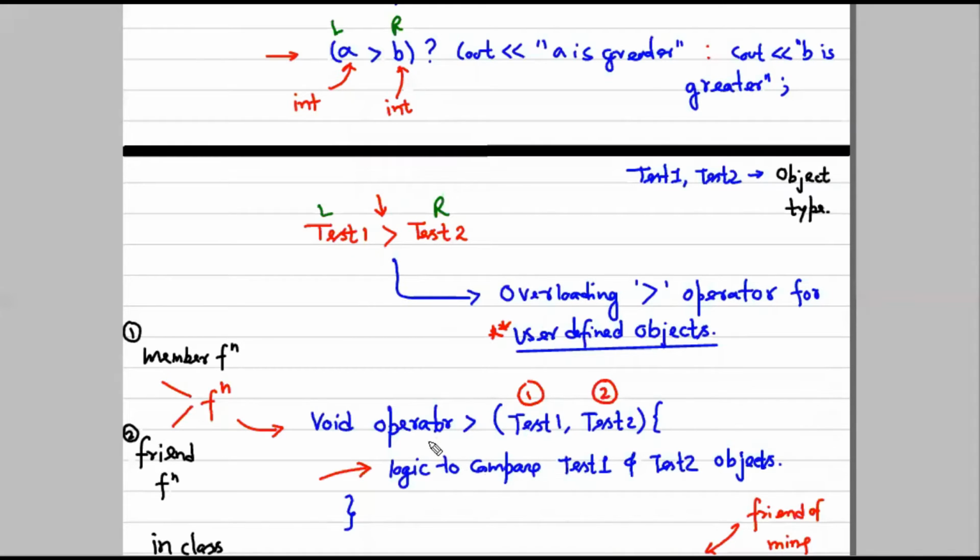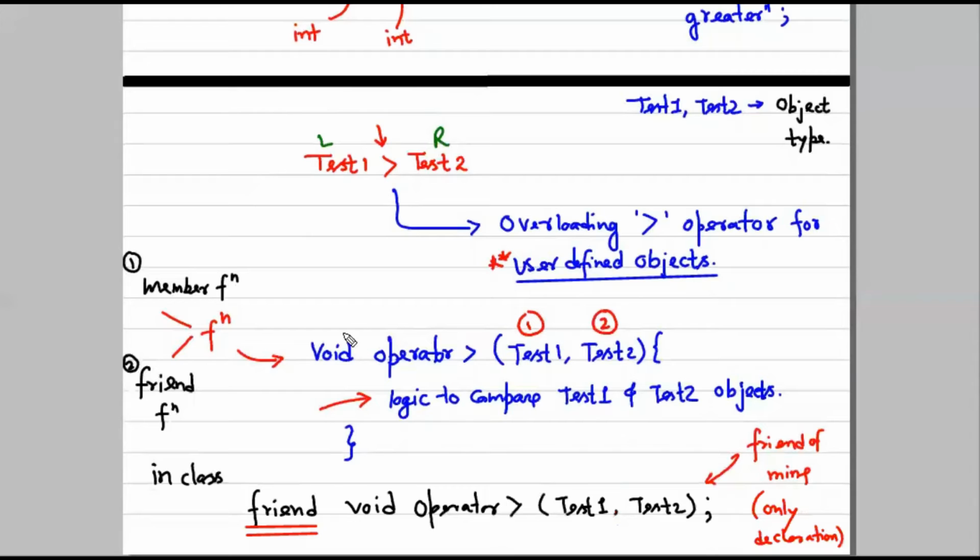So we will write the logic of what to do with these objects if you are comparing them. Here you are checking which object is greater, and this is actually a meaningless thing. How can we say this is a greater object, when we can only say whether a value is greater or not? So these objects might have some variables, and using those we will write logic to compare the variables inside these objects. That would be our logic inside this function. This function we will define outside the class.